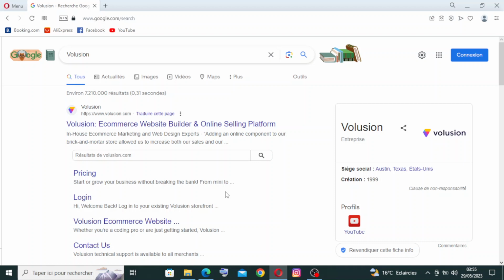So today I'm back with another website like you see with me here. It's called Volusion, and Volusion is an e-commerce platform that allows businesses to create and manage online stores, and it provides a range of tools and features to help users build. So to get started with this website, simply head on over to Volusion or volusion.com in Google or any other